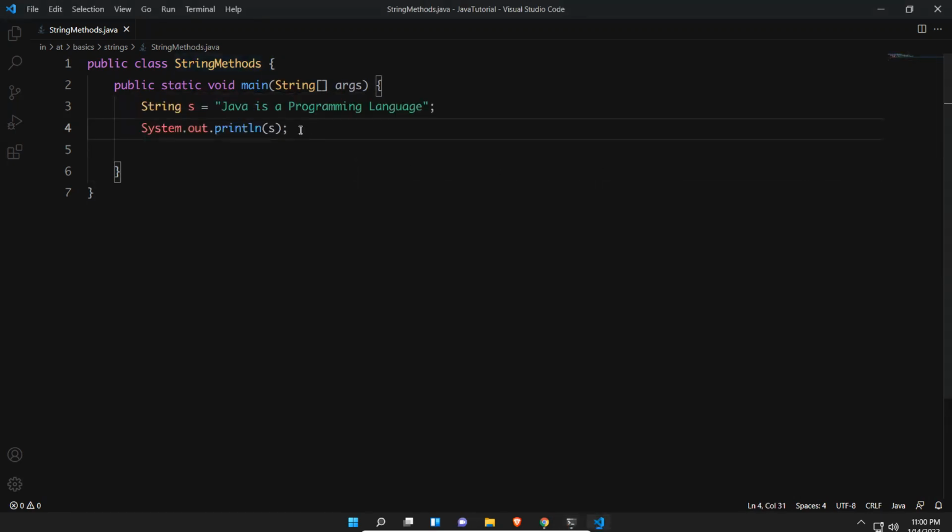So the first method we are going to discuss is the length method. It returns an integer value. Length means 3, 4, 5, 6, whatever it is, so it will be in the form of an integer.